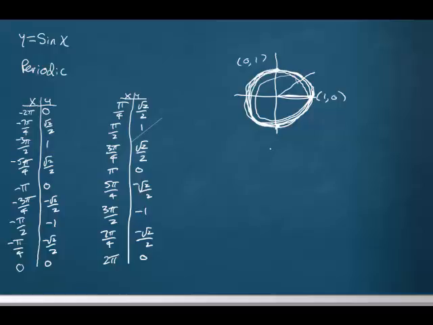So we can graph this by making ourselves a set of x and y axes and starting at minus 2 pi and then going to 2 pi. So we can mark off these spots that we have here. Halfway between minus 2 pi and 0 we'd have minus pi, and halfway between 0 and 2 pi we'd have pi. Halfway between minus 2 pi and minus pi we'd have minus 3 pi over 2,